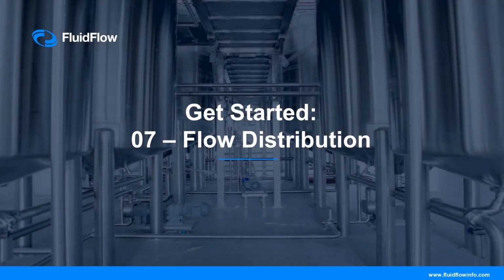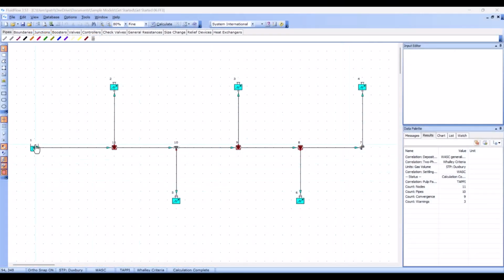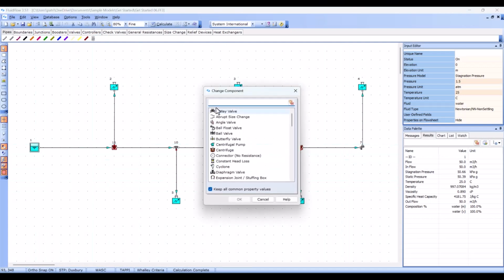In our previous video, we used the automatic pipe sizing feature to size our pipes by forcing a flow out of each offtake in the system. Next, we'll unconstrain the model and use flow controllers or other resistance components to control the flow distribution. Let's revert to our original modeling approach, where we used a known flow node at the inlet to supply the